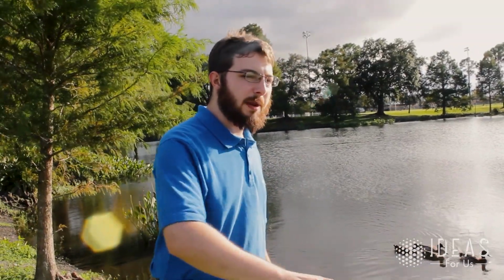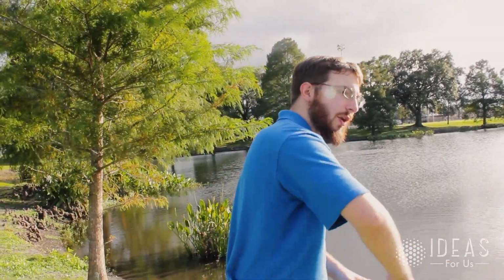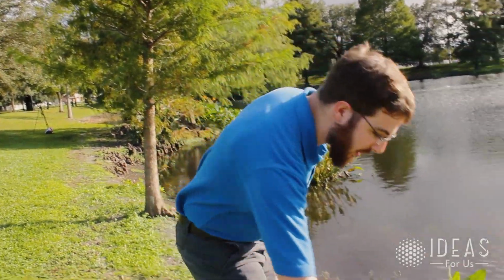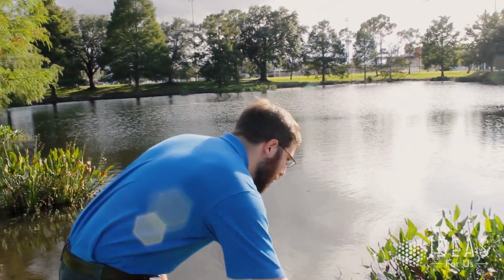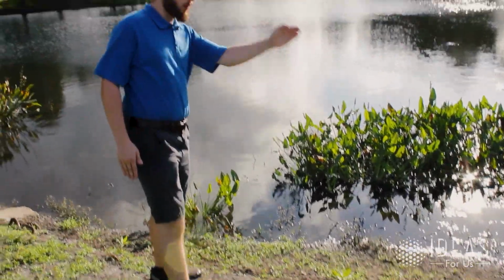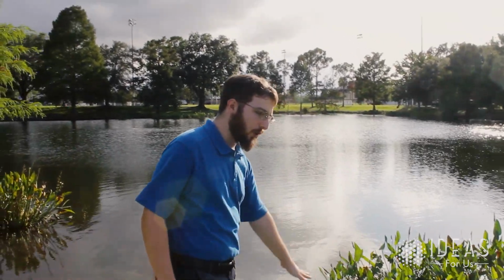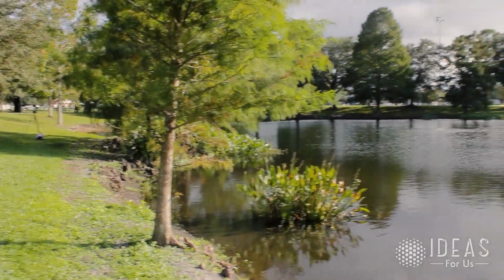If you look down here, a lot of people will think that you just need plants in the water or plants up at the surface, and you can have this grass area right to the edge of the pond. But if you look down, you'll notice that there's no grass going to the edge. In fact, there are these other water plants that are trying to take root, but there's too much erosion and they're falling in. You want a nice, smooth, gradual slope into the pond. If you try to do this and get more land into the pond, it'll simply erode away. And if you actually look up and down the bank, you'll see that where the trees are and the roots are holding back the erosion,